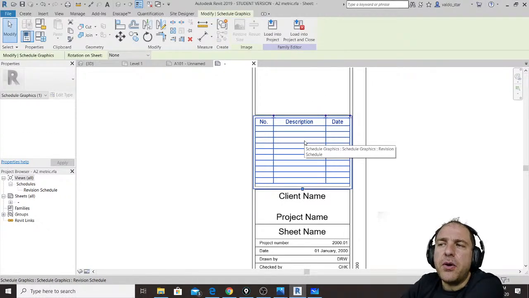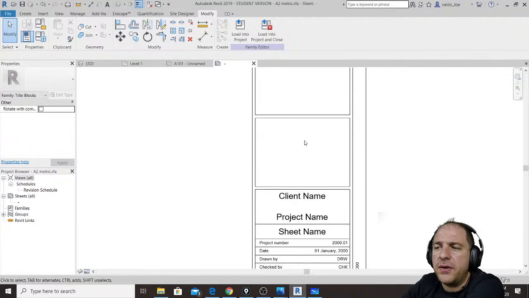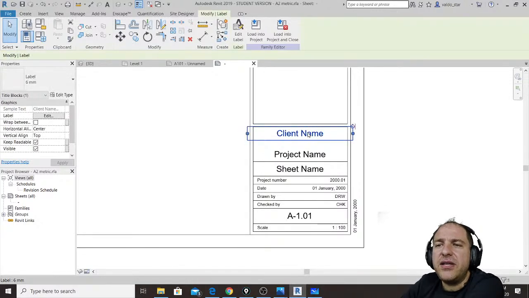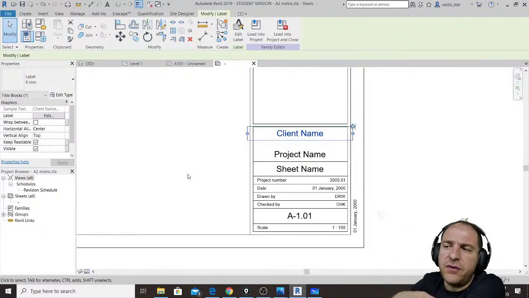This is a table, like an Excel table. Do you need it? Yes, you leave it. You don't need it? No, boom, gone. This instead is a label. What it means is that it shows you a title, but when you are in the project, this field can be dynamically changed,